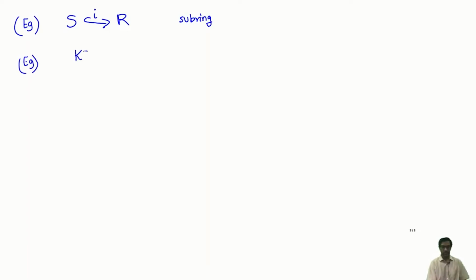Suppose S is the ring K[x] of polynomials, and R is just the ring K, where K is a field. So I take R to be K and S to be K[x], and I define a homomorphism from K[x] to K. What sort of homomorphism? I can take the evaluation map. Given any polynomial, I evaluate it at some element of the field K. For example, I evaluate it at 1 or 0 or other points. Let's say I evaluate it at 1 in this example. So here is a map, and it's very easy to check that this evaluation map is a ring homomorphism.